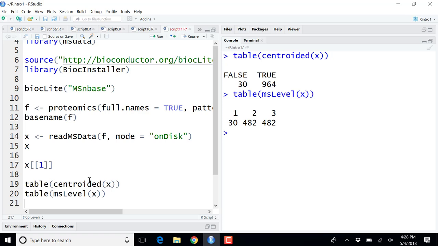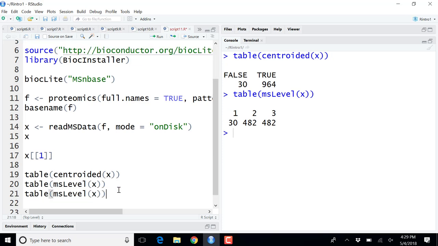We have 30 MS1, 482 MS2, 482 MS3. Okay, so we have a full tree structure: MS1, a couple of MS2s and a couple of MS3s in this data set. And if we look a little bit more into these,